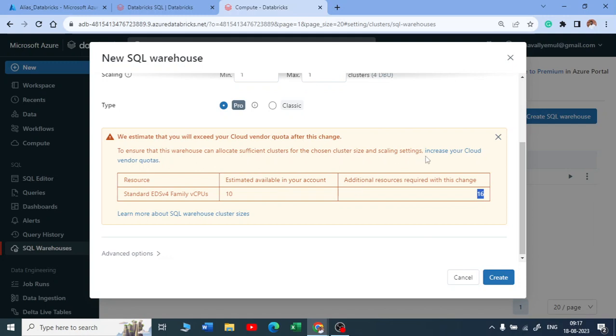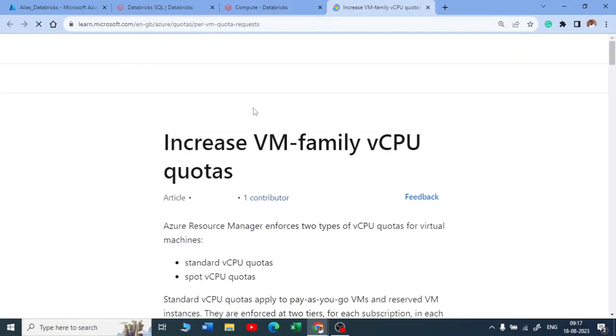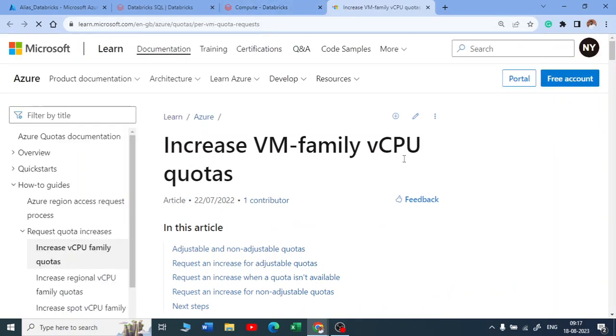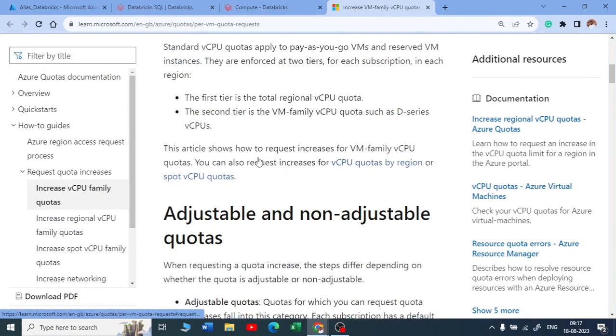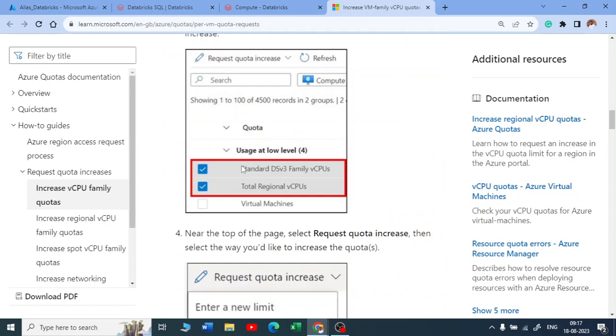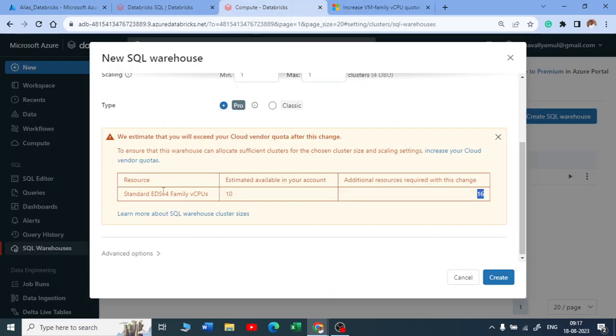But how to increase it? Here you have a link, you can see, increase your cloud vendor quotas. You can right click and open a new tab. That will take you to the CPU quotas documentation, where you can easily increase the size of your standard family CPUs. So how to do that? You can click on start, you get an error, you click on that link, it will directly take you to